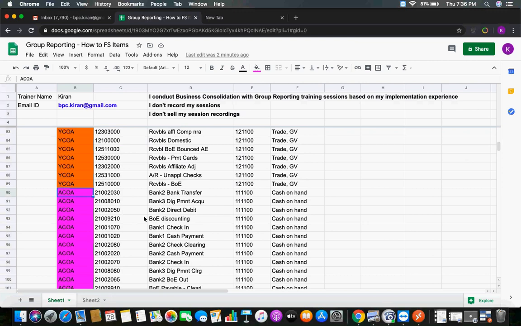Yeah, go ahead. Actually, let's say one GL account is being used by multiple companies. So, they have been extended to multiple companies. So, do I need to map them in individual companies, or just one mapping? So, at what level is the mapping being done? Is it company code level, or client level, or what? Chart of account level. So, valid question.